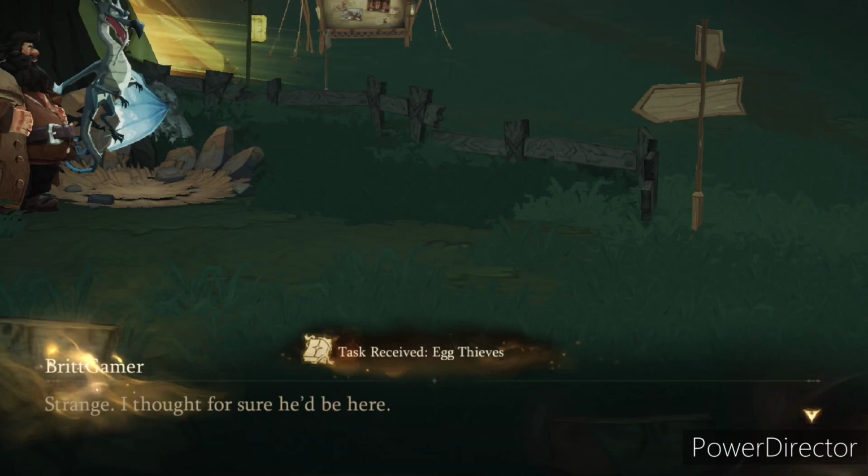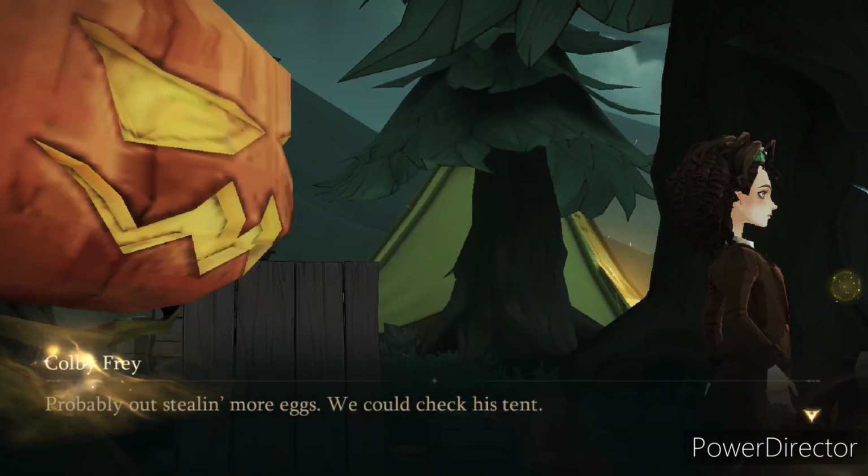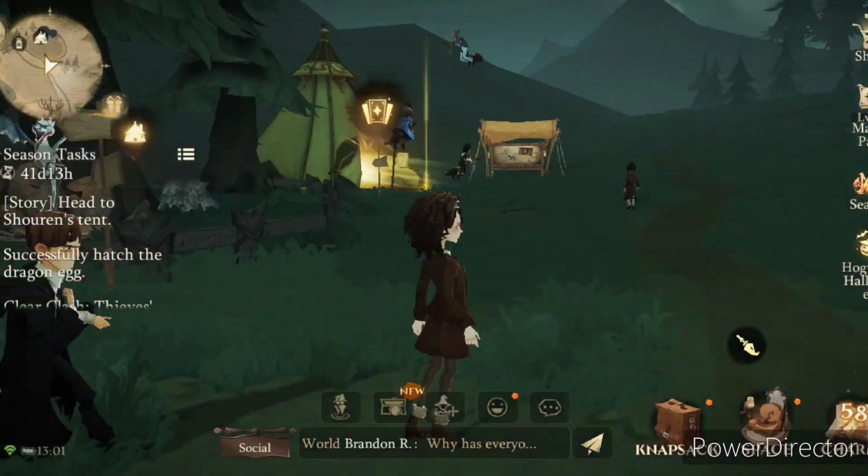Strange. I thought for sure he'd be here. Probably out stealing more eggs. We could check his tent. I've never been in his tent, but I suppose a quick look around would...